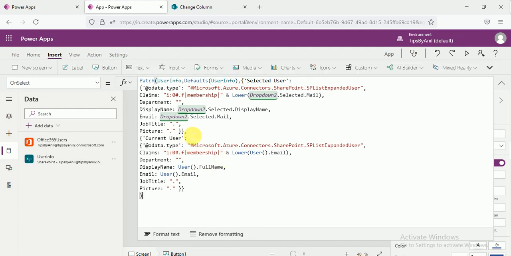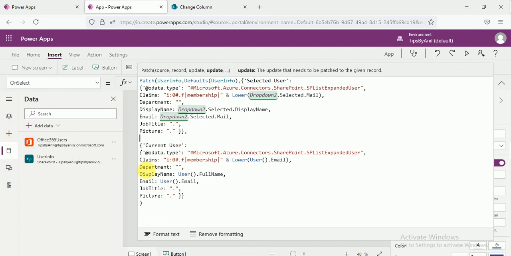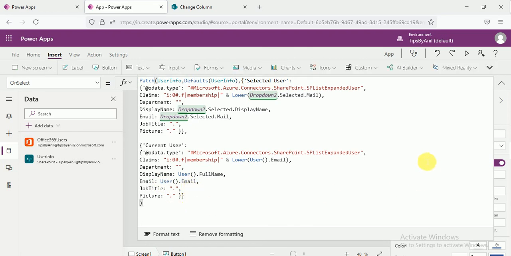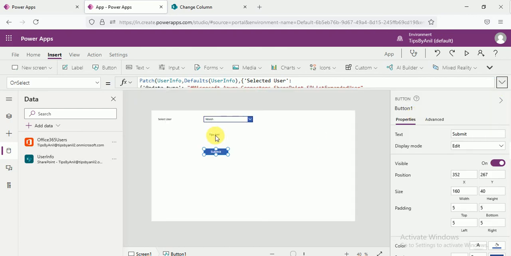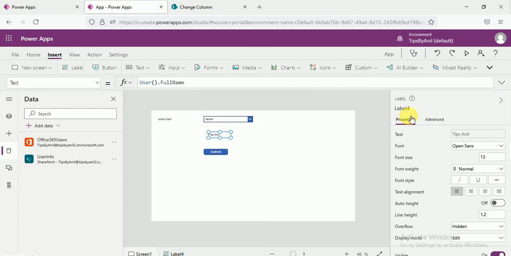In the current user we are going to pass claim. In this claim we are passing the email, user dot email, and in the display name, user dot full name. Or we can also pass this text label 4 value over here.